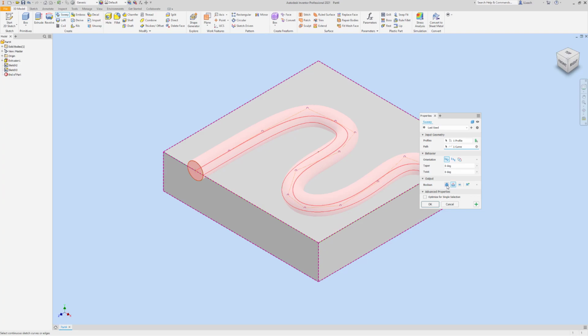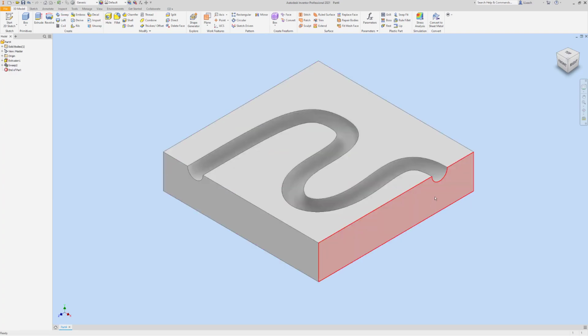You want to go to cut. You don't want it to add the circle. You want to cut out the circle from that block, and then you're going to click on OK, and you're going to get something that looks kind of cool. Anyway, so you're going to get that right,